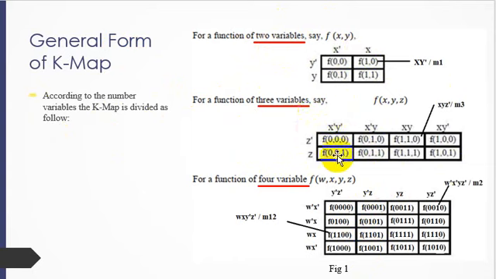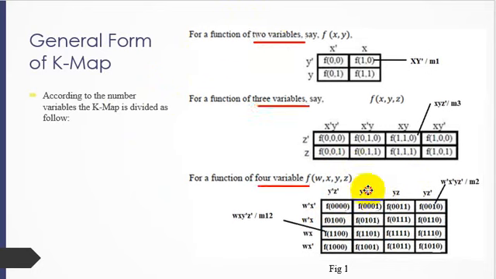In case of three variables, the K-map is modified and then it is represented in the form of this expression. It will be discussed later, and you have a very clear picture of the K-map in your mind. So if you have four variables, then you represent the K-map in this figure like this. So the K-map depends upon the number of variables. When the variables change, the K-map configuration is going to change.